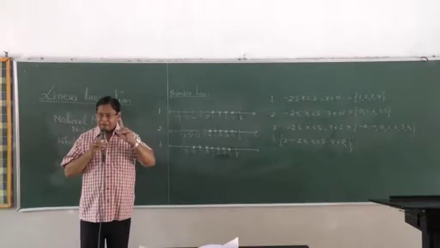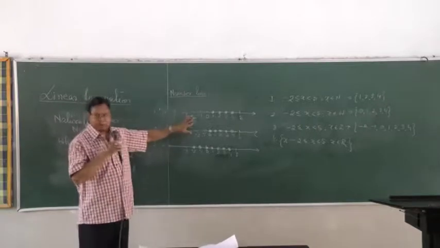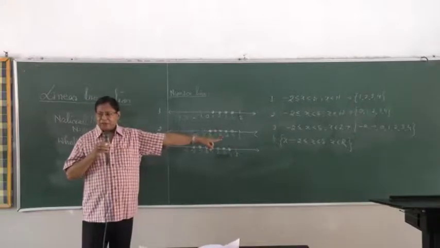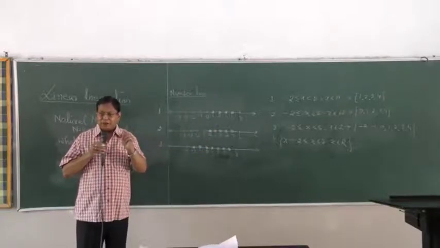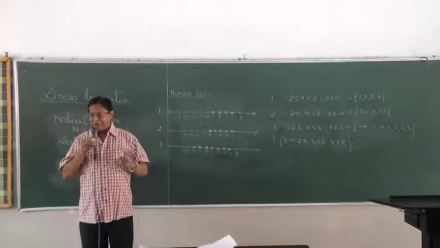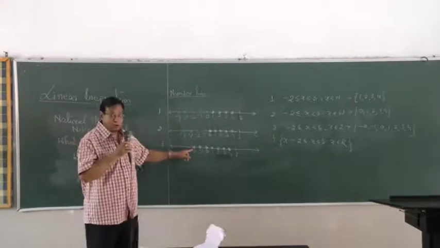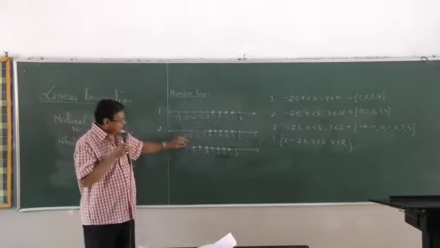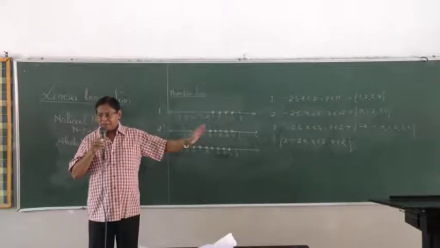So for natural number, integers, whole number, we will mark the numbers with circle. Okay? Real number, we can always mark with some circle, but there is a little confusion when you appear for the exam. These circles to be joined. Now why to be joined? Because number between -2 and -1, I said infinite number of numbers. Those are also part of the solution. So when in exam, when you draw the line, and if you don't join it with a thicker line and it's not visible, even if you are doing correct, things will go wrong.